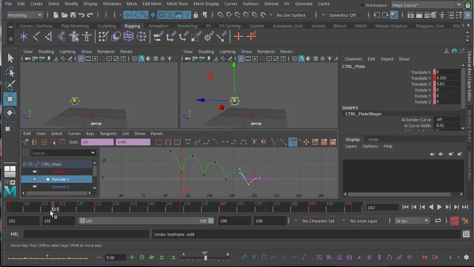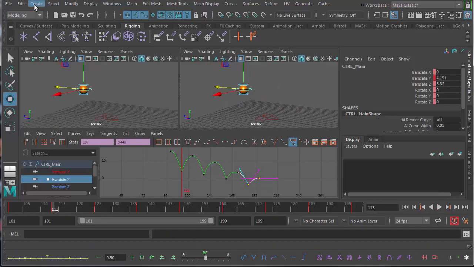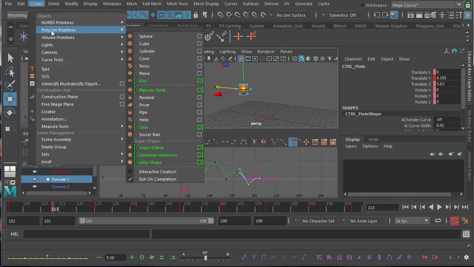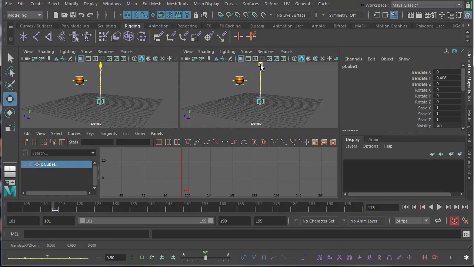So if I go to 113, that's the side of the first bounce. And if I go and create a basic simple object, so let's go to polygon primitives. Make sure that interactive creation is turned off, by the way. It will make your life a lot easier. Let's create a cube. Now that cube will arrive at the origin, and if I move that up